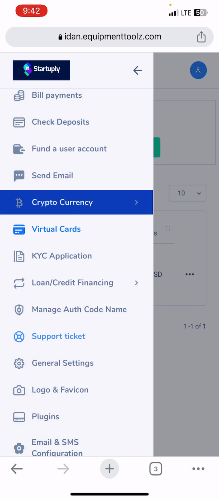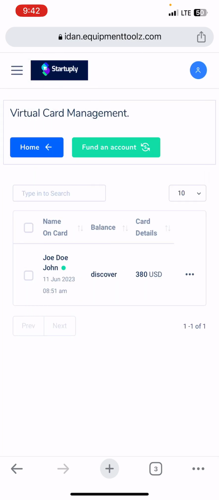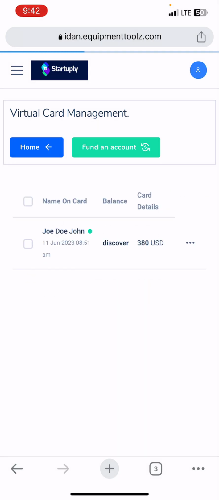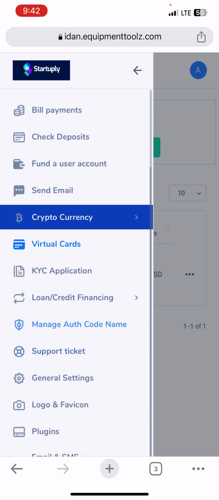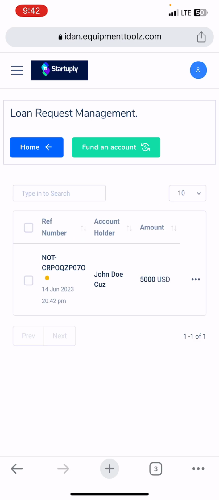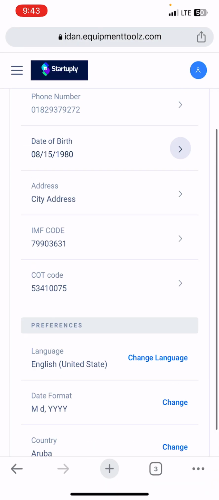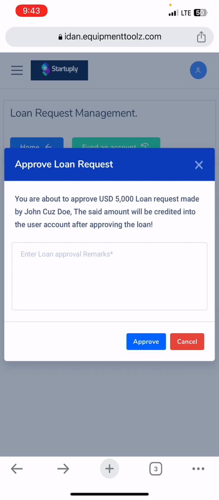So admin will now come to loan management services. Okay, let's refresh this page. Once we refresh, click here and loan service. You see that one request has shown. View user, you will see the user who made the request. Go back now and approve this. Your loan